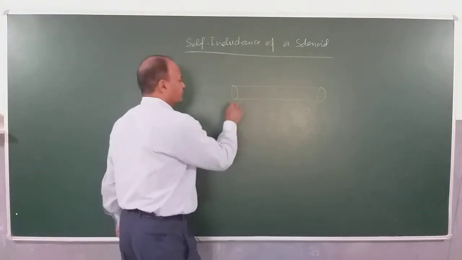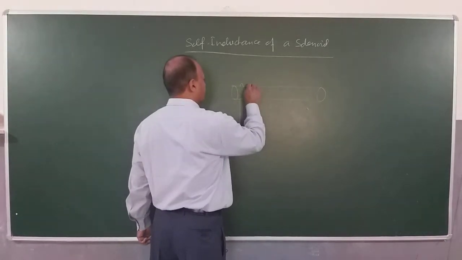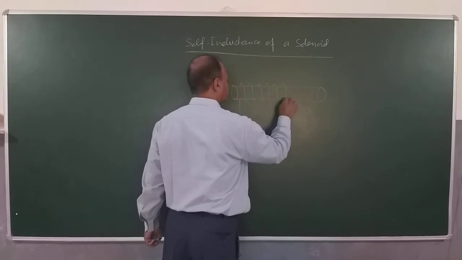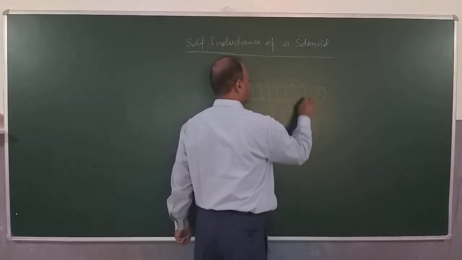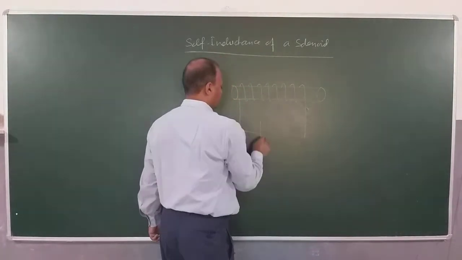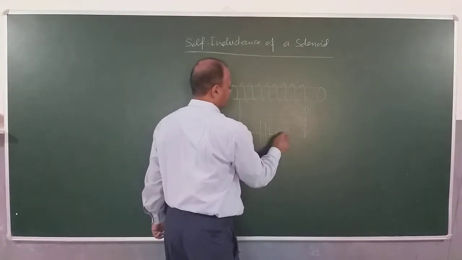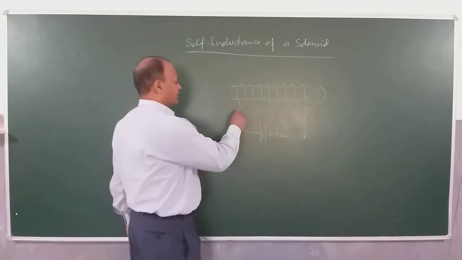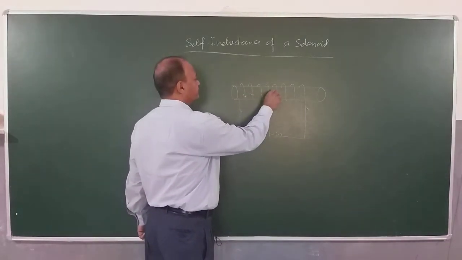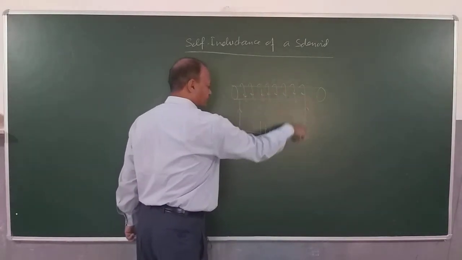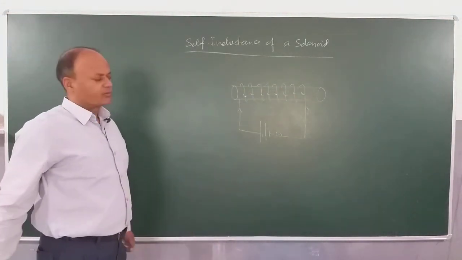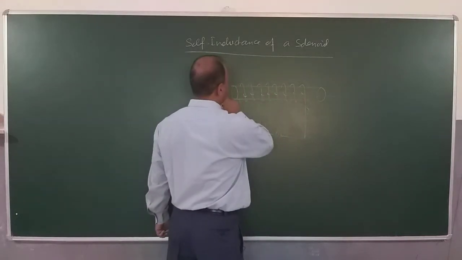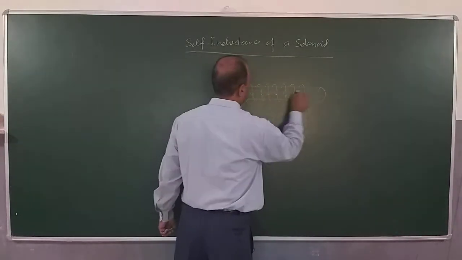Clear? Now children, when you allow current to pass through this solenoid, then you also know that solenoid becomes what? An electromagnet. So this is solenoid. We are connecting a source, we are connecting a key, source of EMF, right? And then as usual, as I close the key, then the current will be set up in the circuit, right? And then a magnetic field will be produced inside the solenoid. All these things we have already discussed, so I am not going to discuss it again.